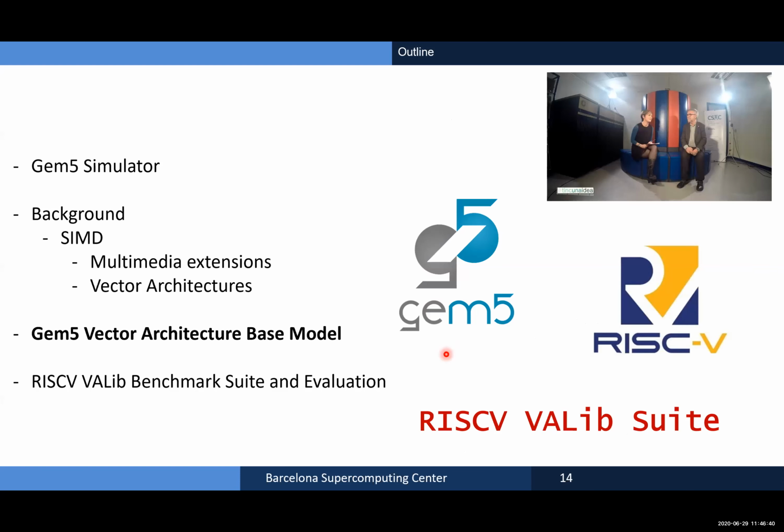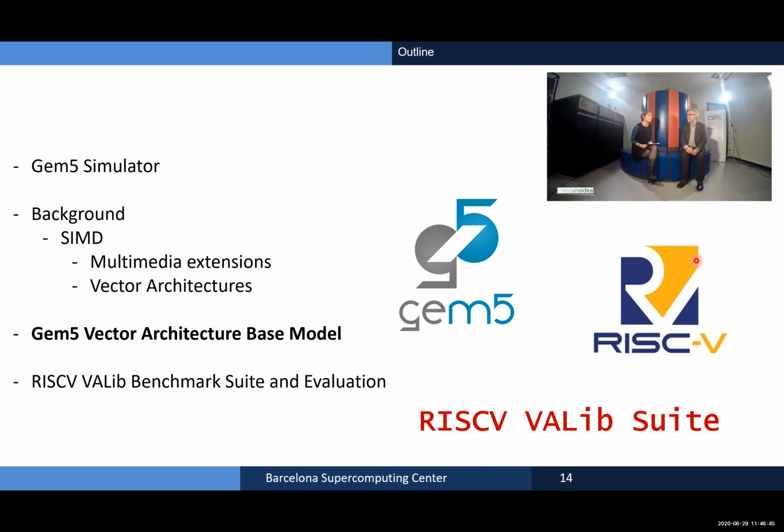Okay, then I'll mention a little bit about the Gem5 vector architecture based model that we are employing here. Next slide.